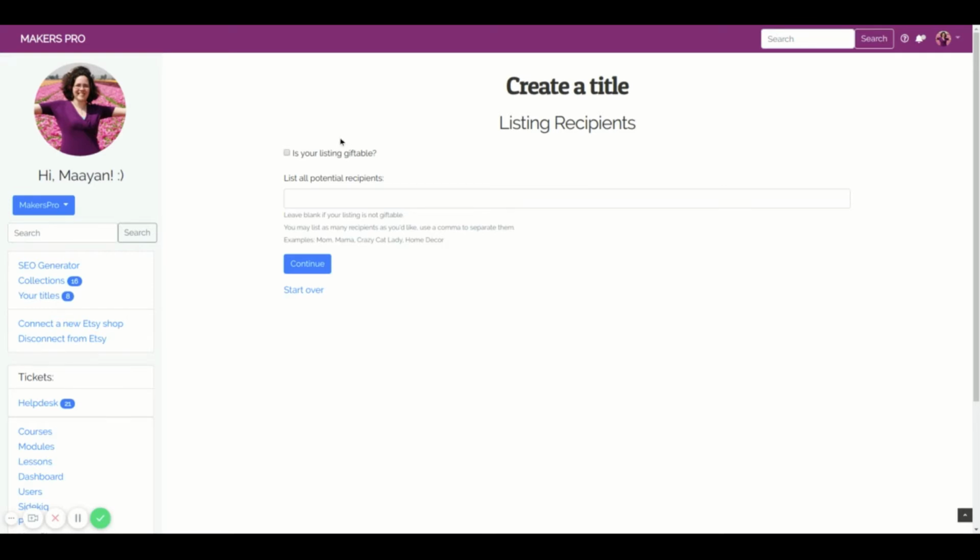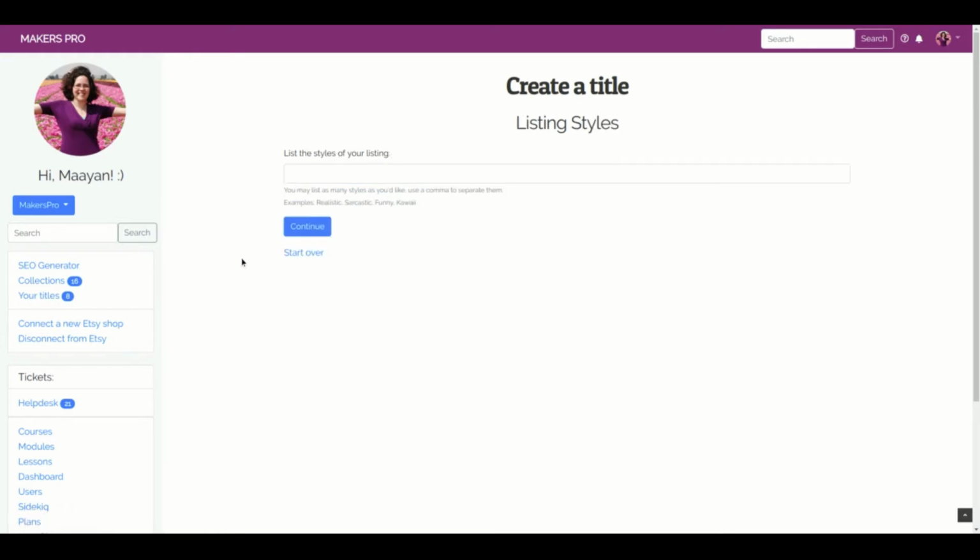Most items are probably giftable, but really think if it's necessary or not, because that's going to change your keywords a lot. So in this case, it's not giftable, and I'm not going to put it in. And therefore, I also don't need to list my potential recipients, and I'm just going to click on continue. Now, if I had